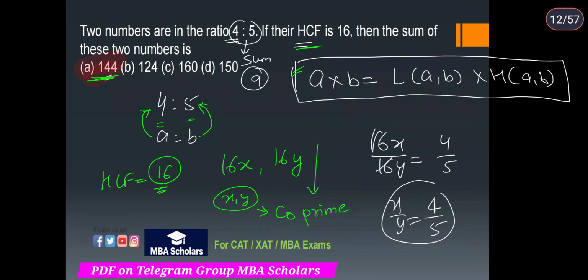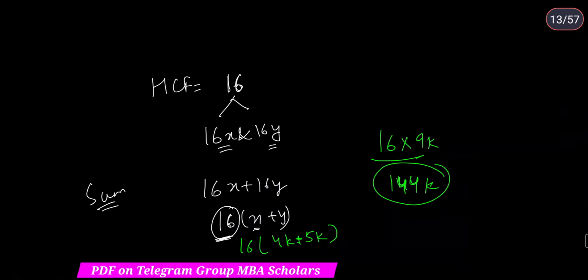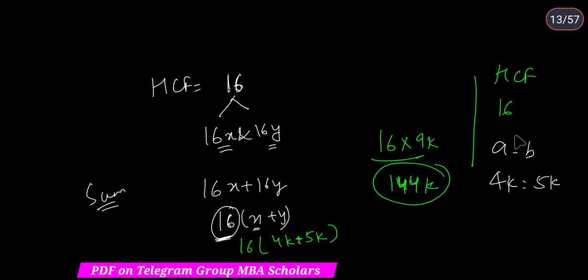और एक और तरीका इसको सोचने का कि जैसे आपने बोला है कि अगर SCF 16 है, इसका मतलब दोनों नंबर 16 का मल्टीपल होंगे, यही तो मतलब है। तो अगर आप इन नंबर्स को, A और B को 4k और 5k लेते हैं, तो इनका SCF अगर 16 है तो कम से कम मुझे 16 बनाना पड़ेगा। तो 16 बनाने के लिए दोस्तों 4 इंटू 4 करना पड़ेगा।